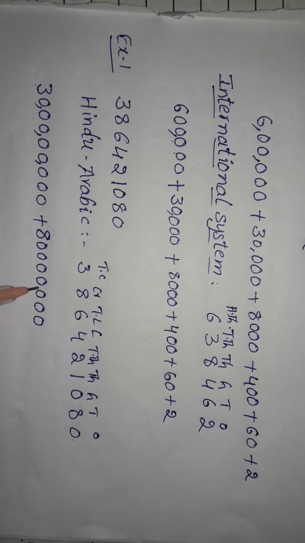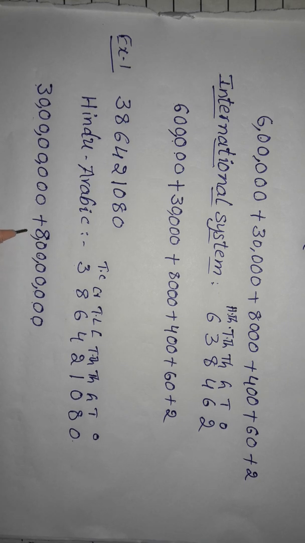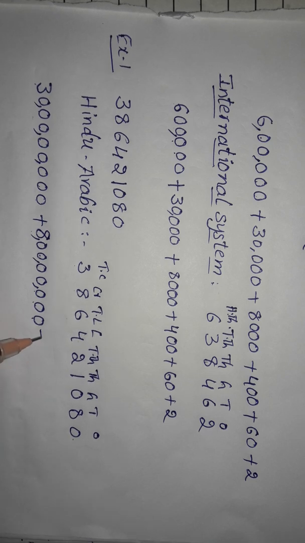1, 2, 3. 3 digits. After that, 2 digits. 1, 2, 1, 2. Ones, tens, hundreds, thousands, 10,000s, lakhs, 10 lakhs, crores. Correct? Yes, 8 crores. Plus,